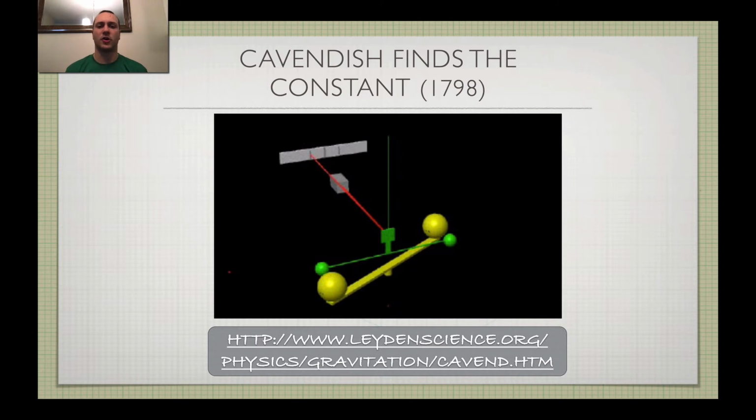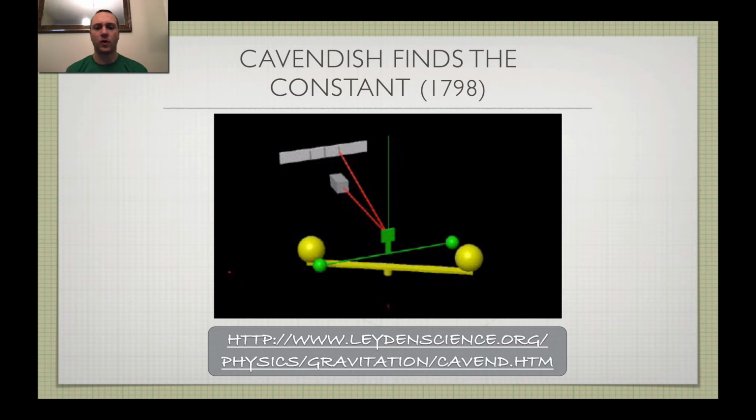And he uses what's called a torsion scale or a torque scale in order to determine what that constant ends up being, to be able to quantify the amount of attractive gravitational force between two objects with mass. How this works, if you look at the simulation here, we have 2 large yellow spheres and then 2 smaller green spheres. And the green spheres are able to move based on this twisted wire that is connected to a